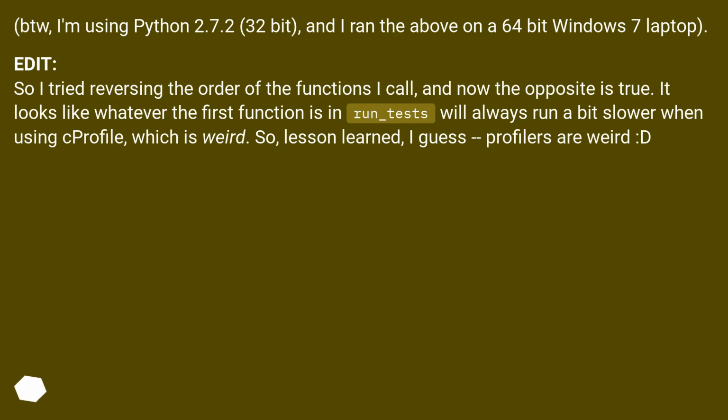Edit: So I tried reversing the order of the functions I call, and now the opposite is true. It looks like whatever the first function is in run_tests will always run a bit slower when using cProfile, which is weird. So, lesson learned, I guess: profilers are weird. :D